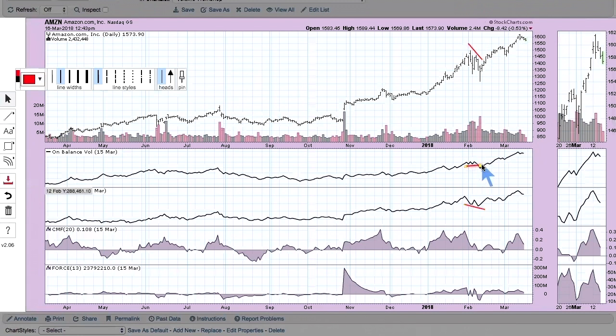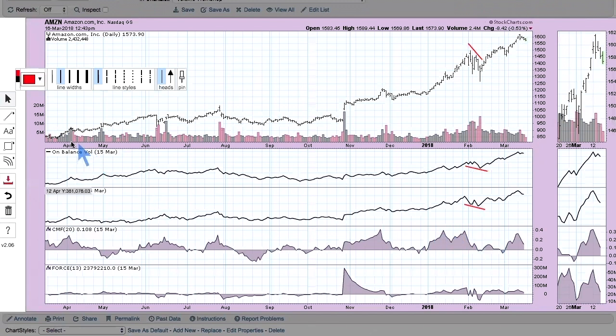And we both are in agreement as far as the OBV. All right, so what's going on with Chaikin money flow at this point in time? Well, we can see we're getting these peaks over here. Again, from what I understand with Chaikin money flow, you don't have to wait for that reset in order to connect those tops. If this were the force index, we couldn't connect these tops.